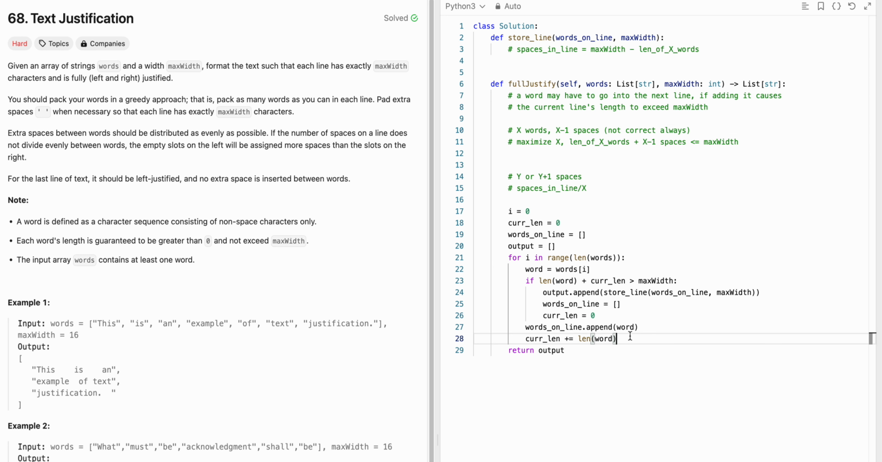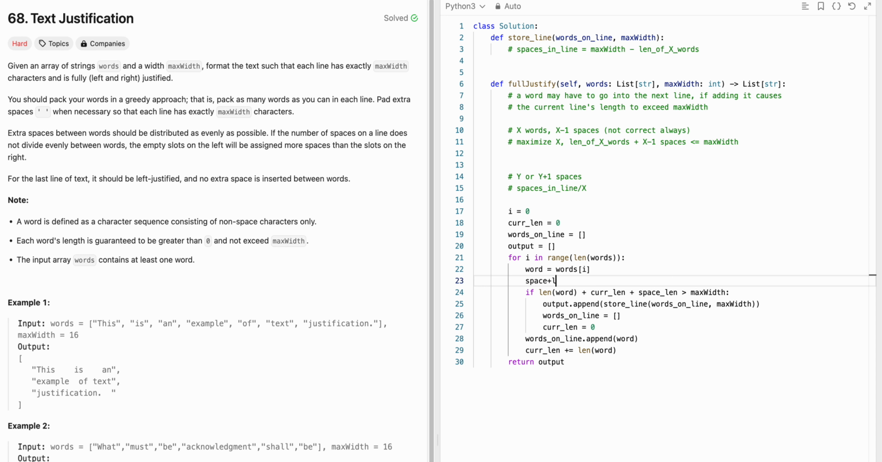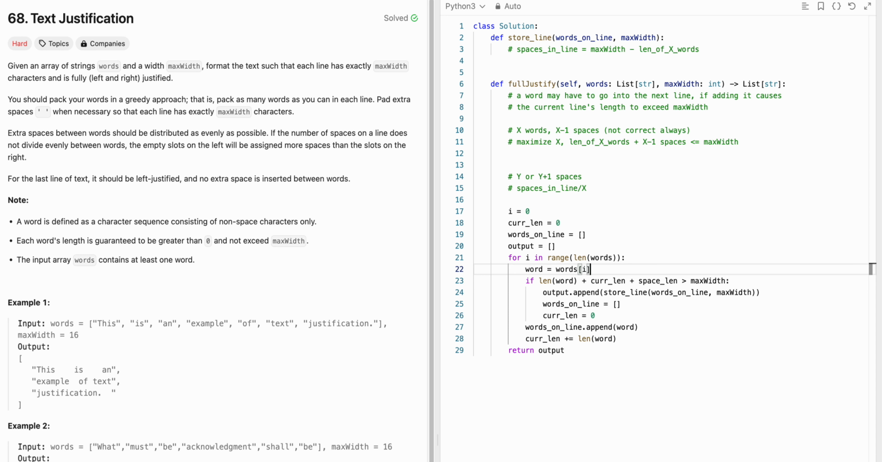So let's see, how do I do it? If len of word plus curl_len plus space_len, and space_len will be 1, or doesn't have to be 1, I can always fit it on that line. So let me escape that, and what I'll instead do is,